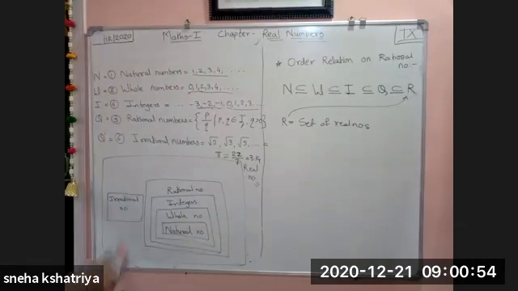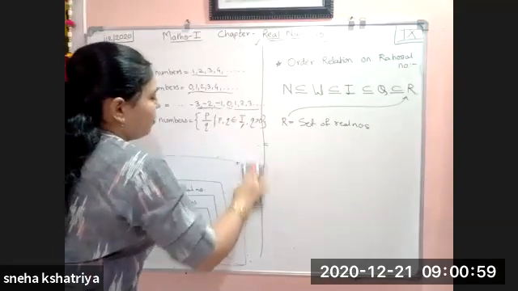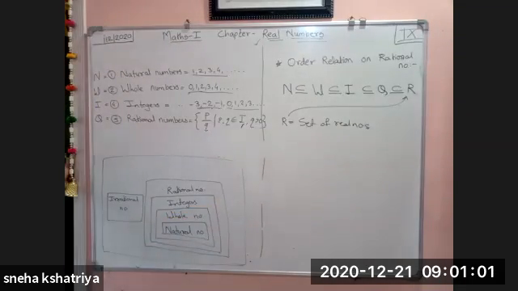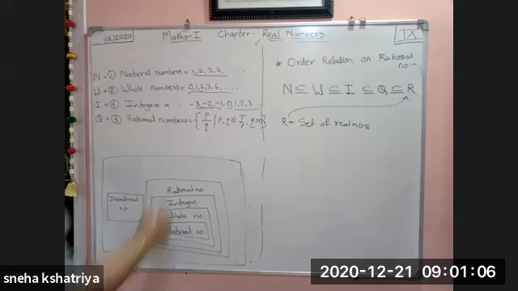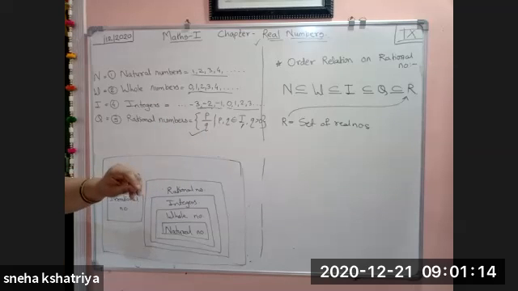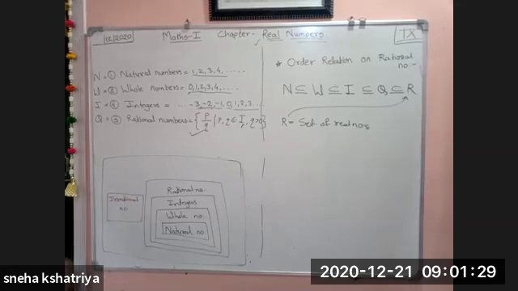So in this chapter, what we are mainly focusing on are these numbers: natural, whole, integers, and the rational numbers. Moreover, in the practice set we are going to see right now, practice set 2.1, you are going to focus more on rational numbers. Okay, what are rational numbers? What are their properties? How this fraction is going to be reduced, and all those things we are going to learn here.